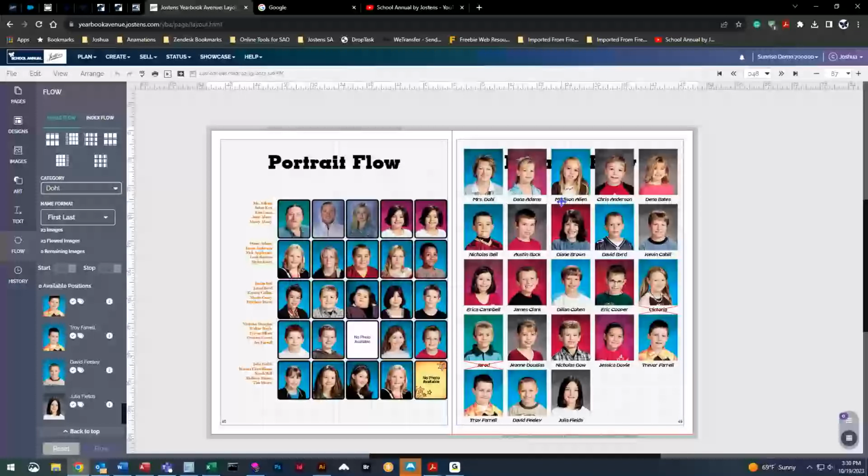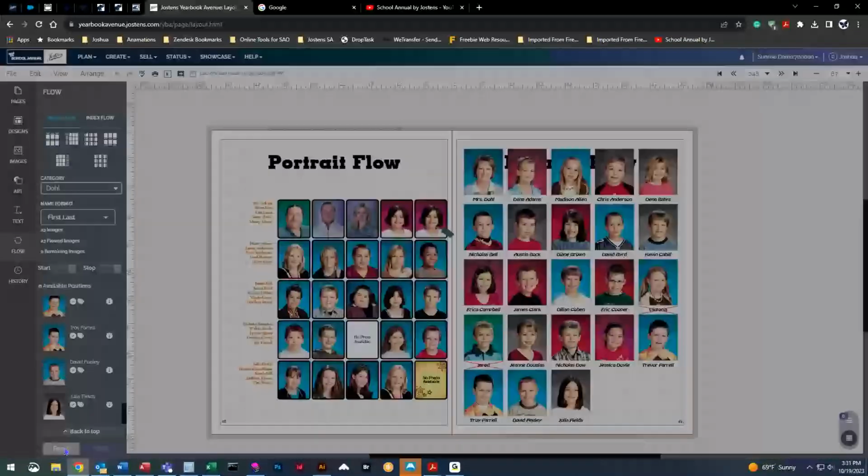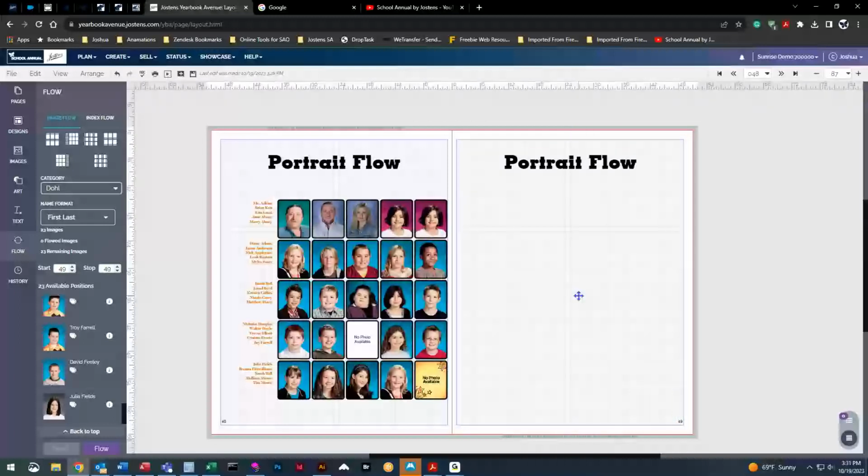All right, make sure I covered everything here. And then real quick, if you don't want to do your own flow elements,